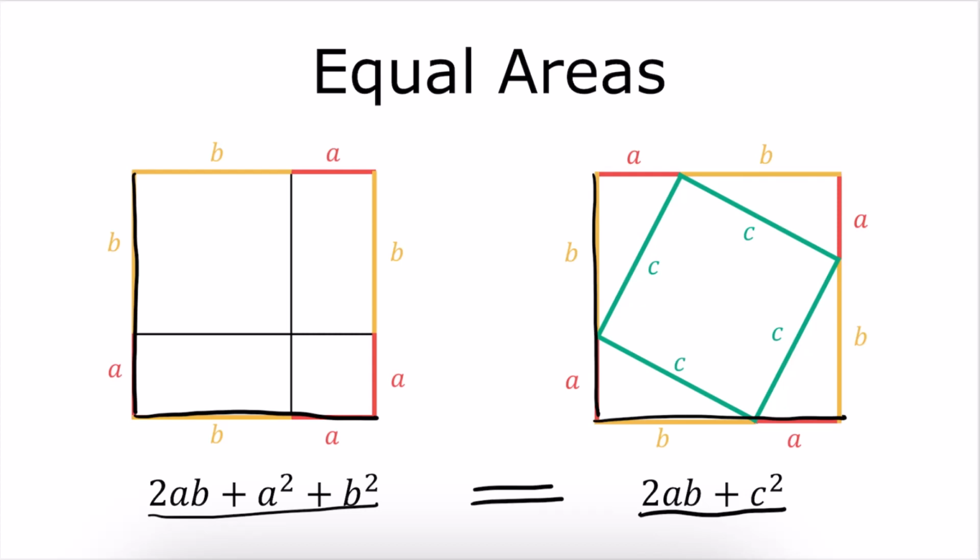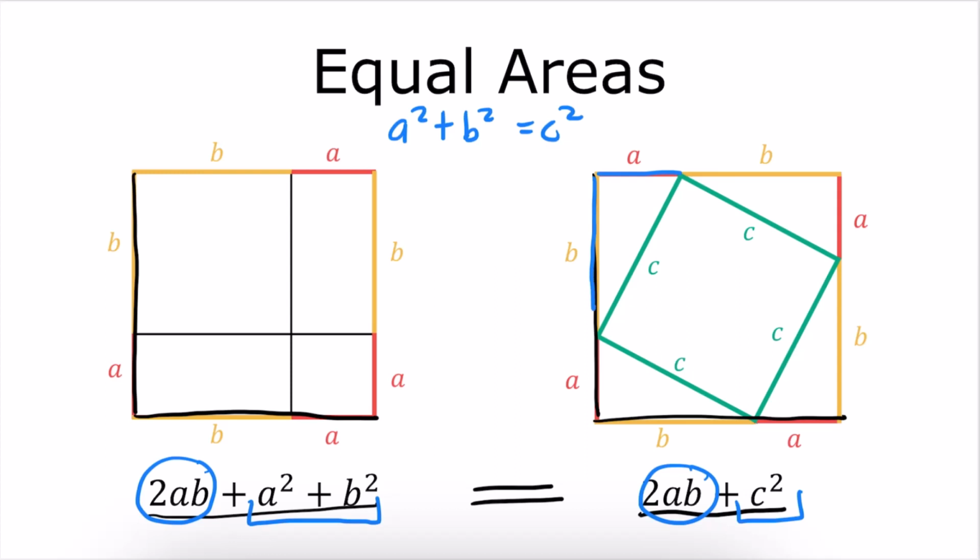And if you notice, this part of the expression and this part of the expression are exactly the same. And so you could also say that this part is equal to this part, which is where we get the Pythagorean theorem from, where we say that a squared plus b squared equals c squared, where a and b are the legs of a right triangle and c is the hypotenuse of a right triangle. So that's why the Pythagorean theorem works. And like I mentioned earlier, you can use the Pythagorean theorem whenever you want to find the missing side length